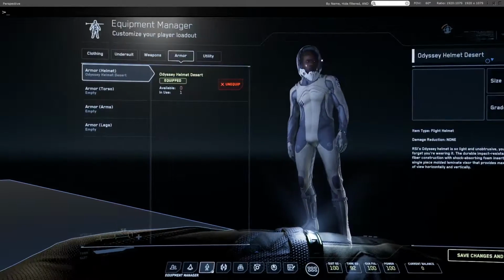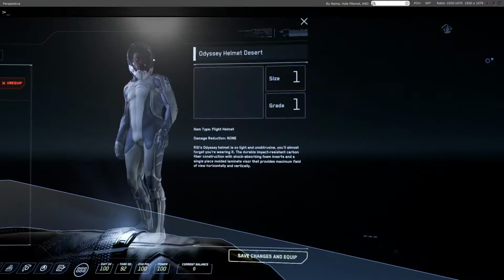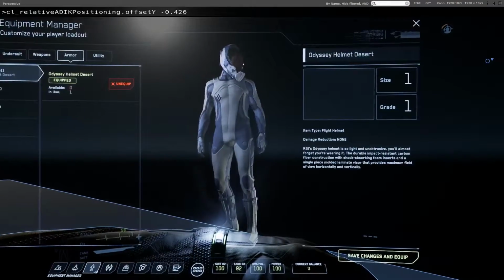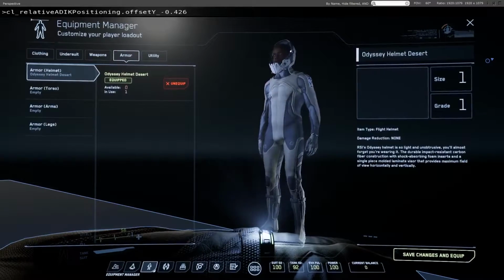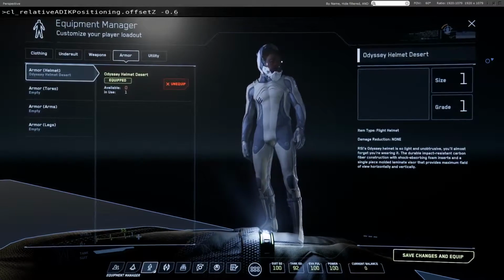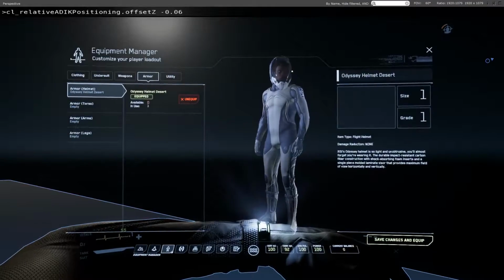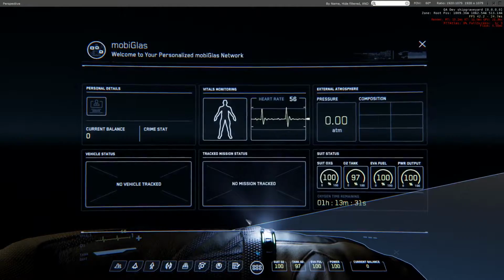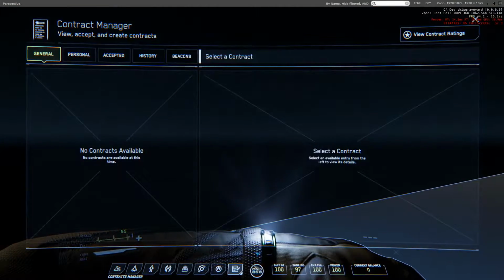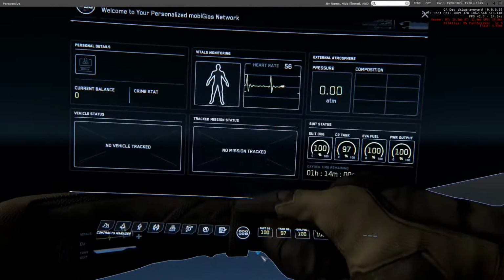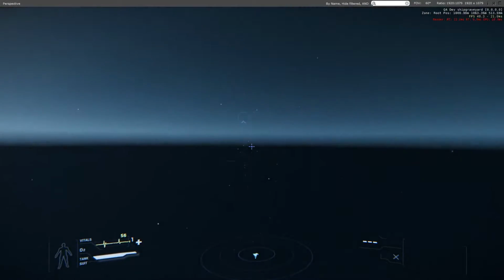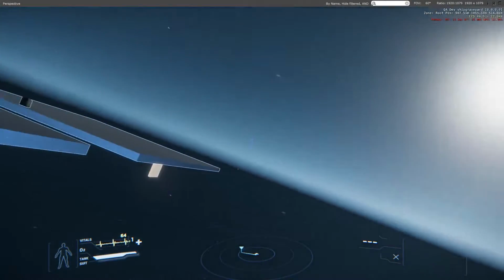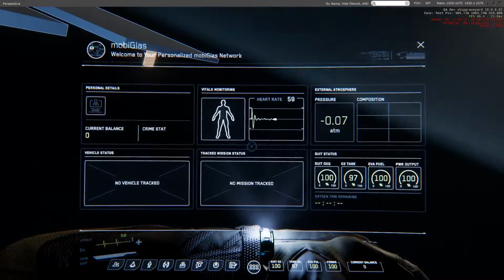So now we've got the actual control to specify these offsets for the Mobiglas, and it really allowed us to dial in the scale and the positioning that we wanted on screen to facilitate an optimal user experience. The other benefit is that in all these different contexts, whether it's an EVA, on foot, crouching, or in various different ships, we now have a single target point relative to the player's camera, so the UI is in a much more consistent place. The positioning and the scale are much more consistent in all the different contexts, because before